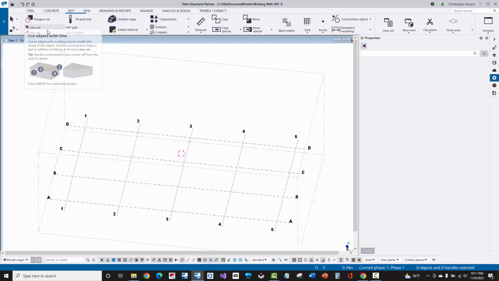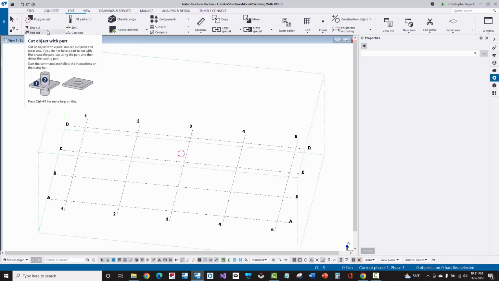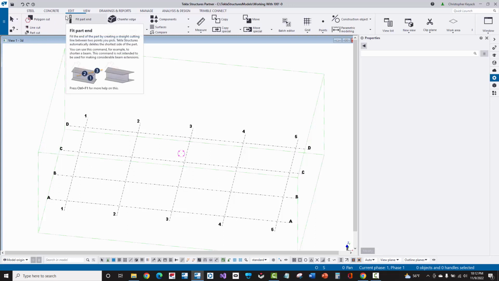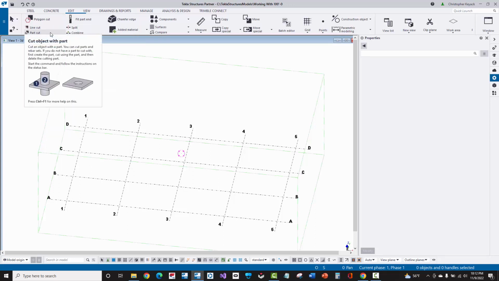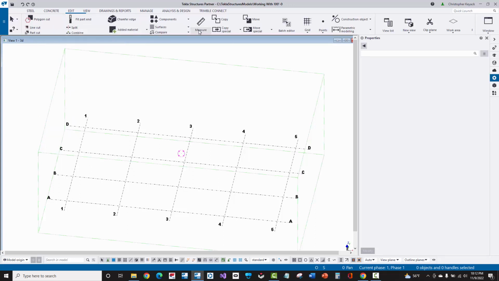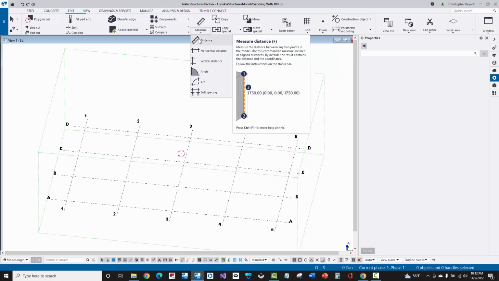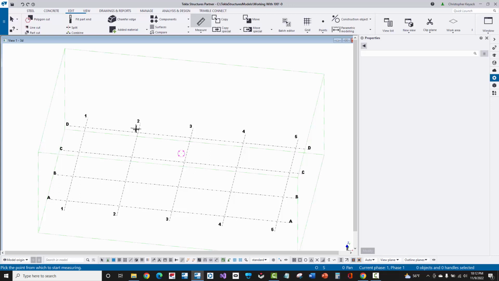First of all, here towards the left, any type of cutting or coping operation that you're going to do on parts in the model is pretty much going to be here on this edit menu, and you can see that here on the left. Now, about midway through on this menu, there is a measure dropdown. This is really important here for actually putting in reference dimensions and measuring things as you input your steel or your grids. So here, if I just activate this command and I just pick from this location to this location,